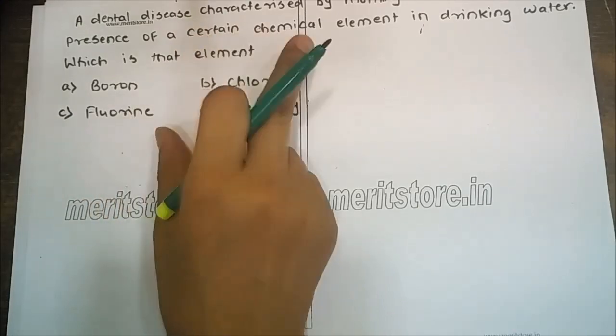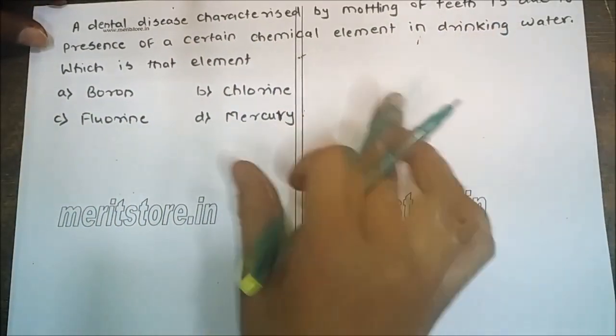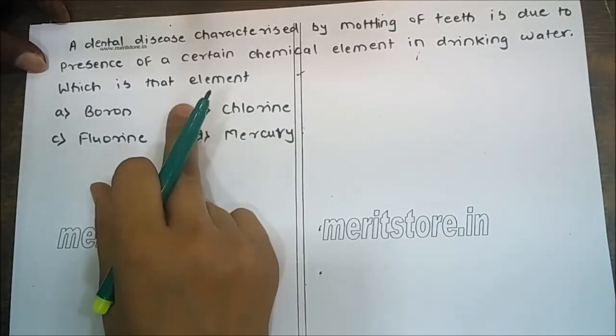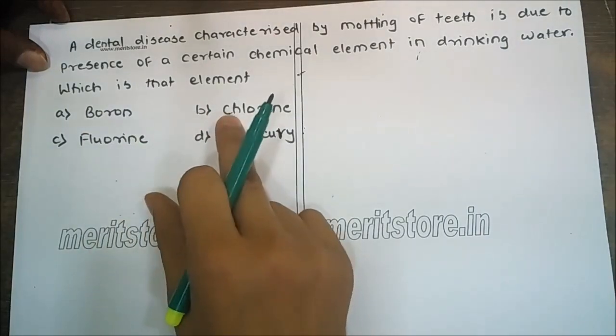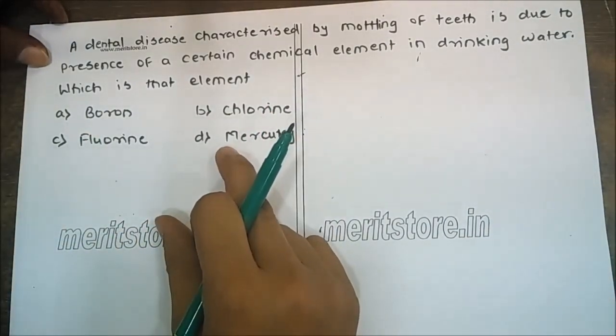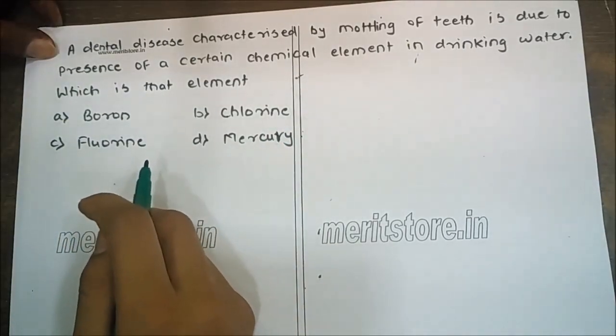A dental disease characterized by mottling of teeth is due to presence of a certain chemical element in drinking water. Which is that element? A. Boron, B. Chlorine, C. Fluorine, and D is mercury. The dental disease is caused by